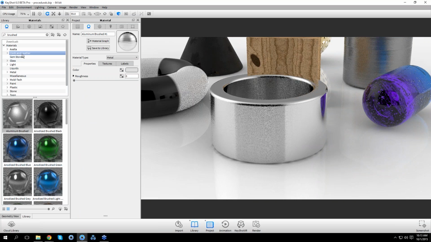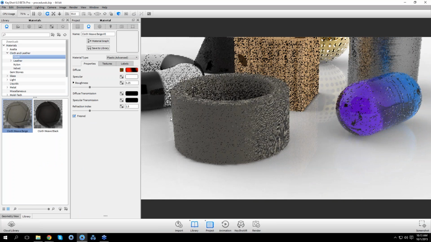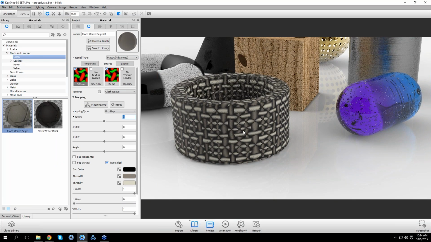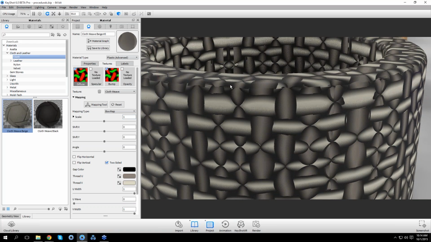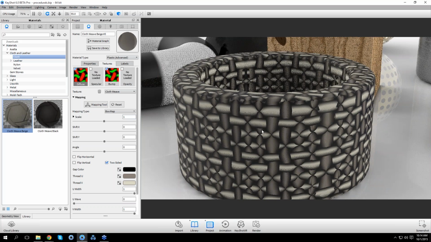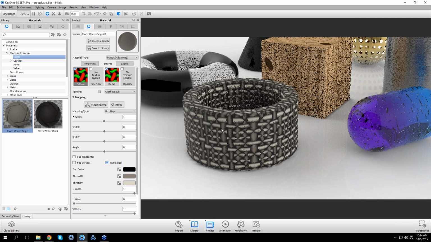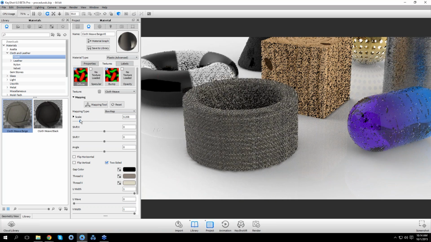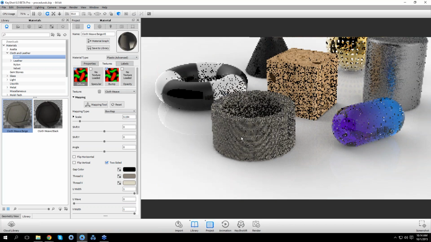So, for example, the cloth weave, we have this as a box map. And if we zoom in, we can see there are some seams created where each of the faces of the box are meeting each other. So, not totally ideal, but for cases like this cloth weave where the scale is going to be a lot smaller, then those seams become difficult to see and